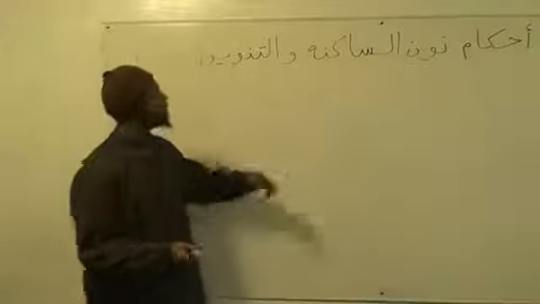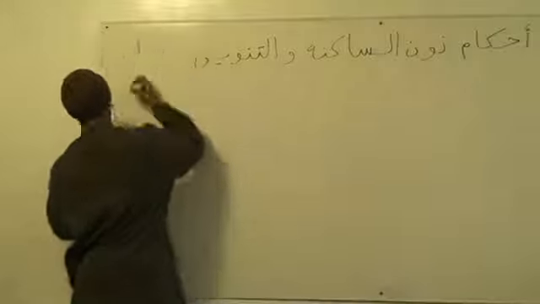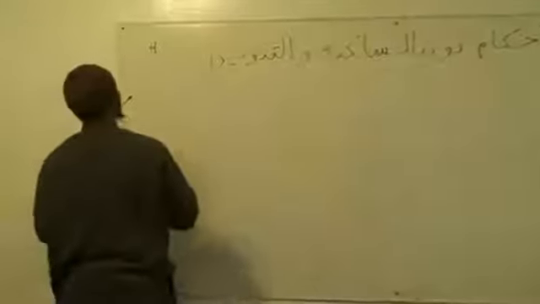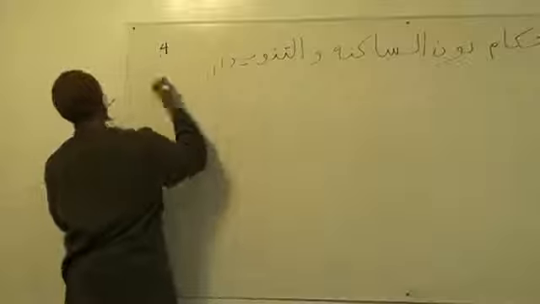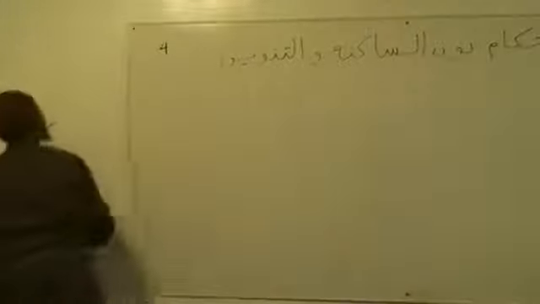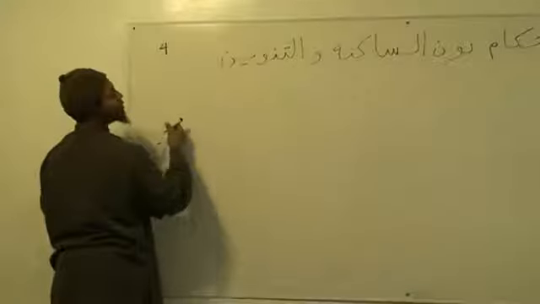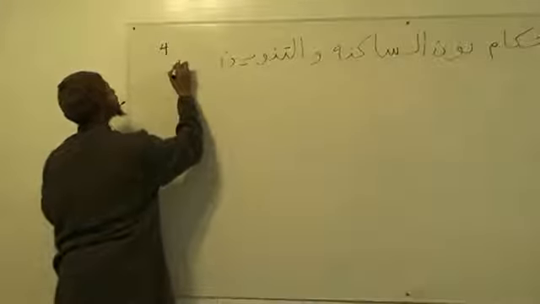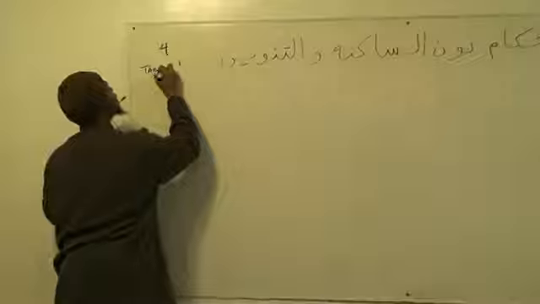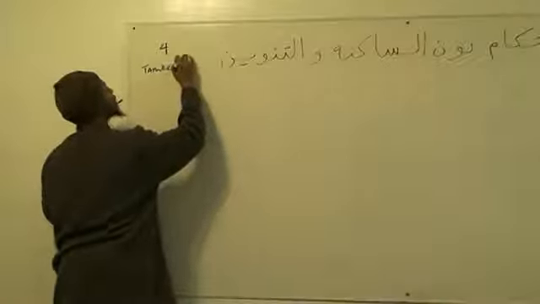And so first of all, I said there are 4 types of tanween. Oh, this pen is no good. And this pen is not that great. Anyway, there are 4 types of tanween. The first is tamkeen, which is the main one that people see all the time, and that's the first one we're going to deal with.